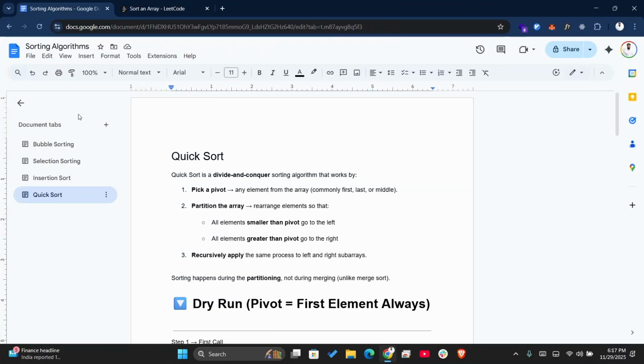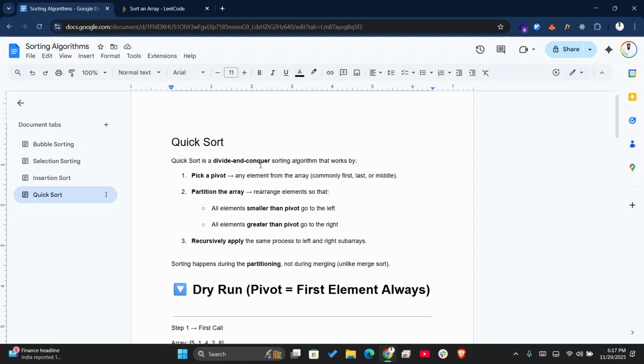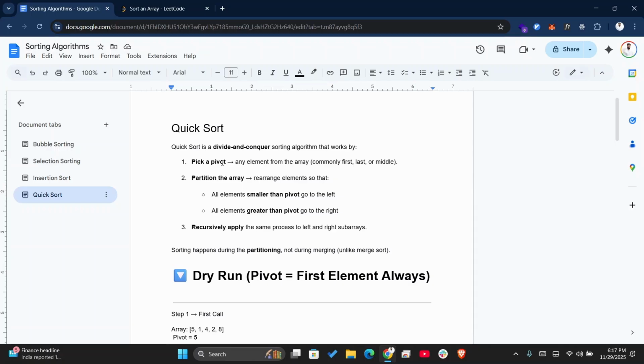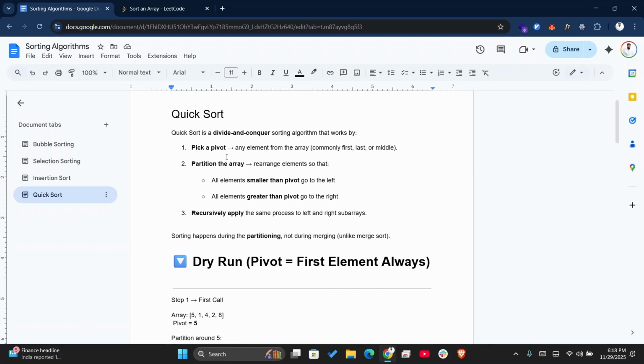Let's learn about the quicksort algorithm. So quicksort is a divide and conquer algorithm, and it is a very famous sorting algorithm. What we have to do is firstly pick a pivot from the array that we are given. We have to pick an element, and we are going to compare all the different elements of that array with